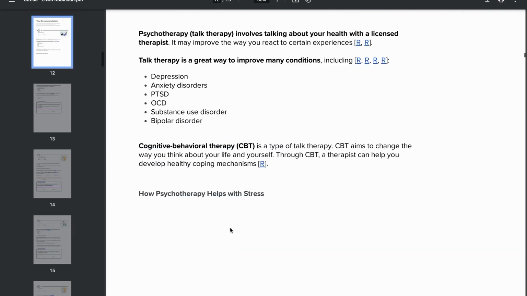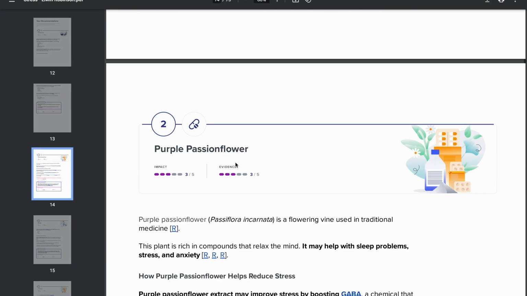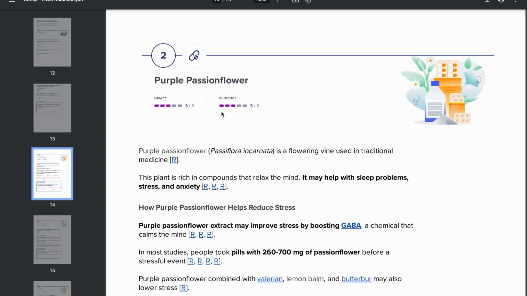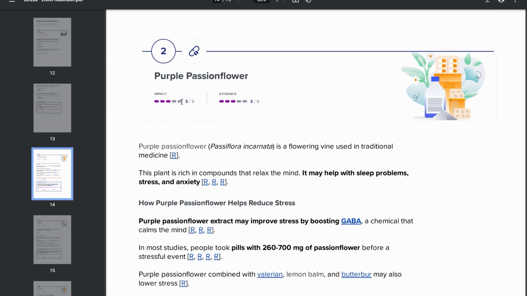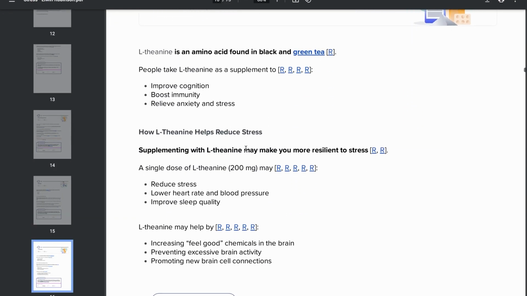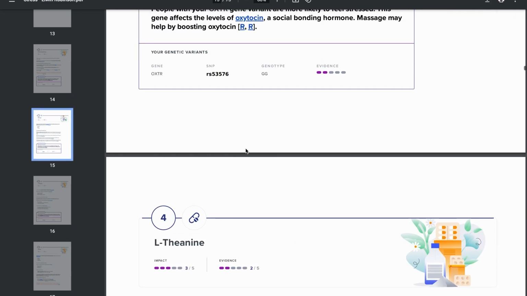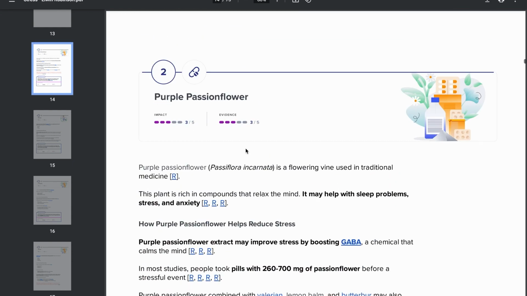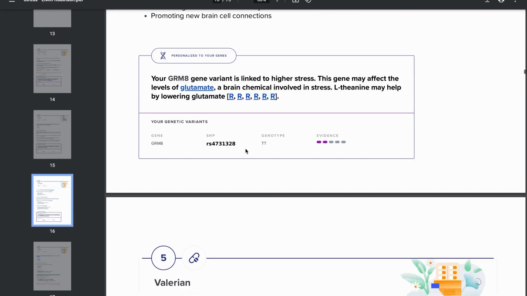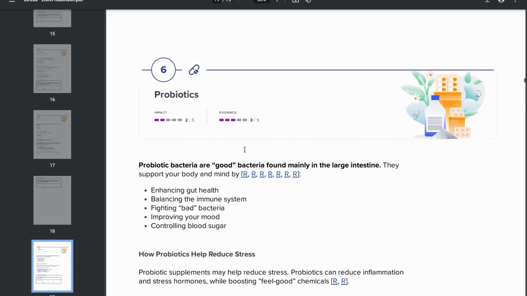And so generally, the top recommendations, like in this case, psychotherapy, it gets a high rating for both of those. And generally, though of course it varies per person, because as I said, these recommendations are always different depending on the person. But then we start to get the recommendations that perhaps are not as impactful and don't have as much evidence. But, for instance, like in this case, the valerian, the L-theanine, and the purple passion flower, you may as well know all of those, because that may well be something that you can get all together in one